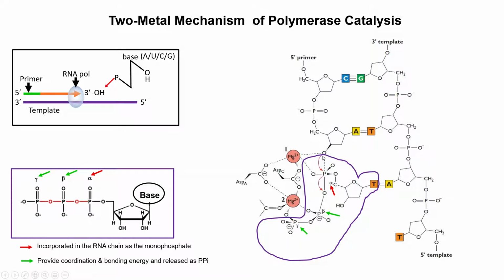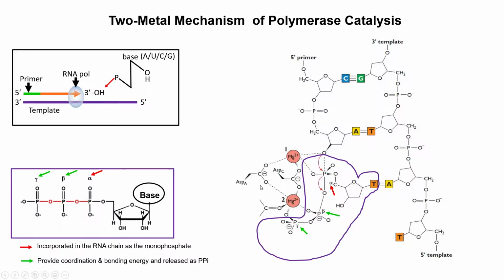So you can easily see that this oxygen makes a nucleophilic attack on this phosphate, and it's deprotonated, and this is coordinated by two magnesium ions. Instead of magnesium, in some cases it could be manganese or calcium, but it has to be a divalent metal ion. It is written in your notes, but definitely important. Write it down. It's a divalent metal ion, usually magnesium, calcium, or manganese. So Ca2+ or Mn2+. Mg2+, magnesium, is the most common.